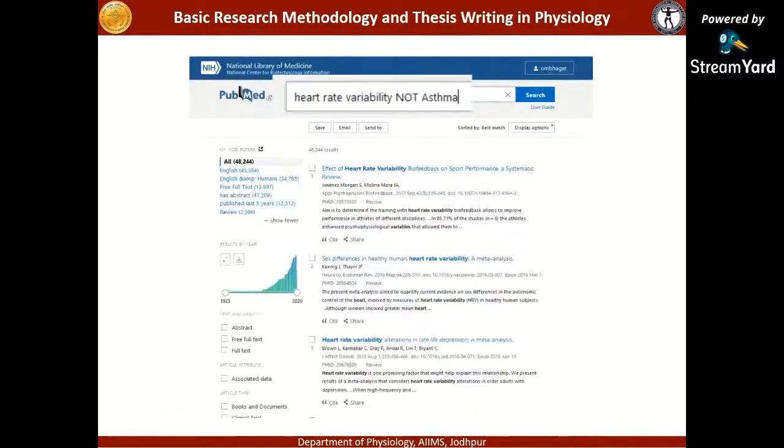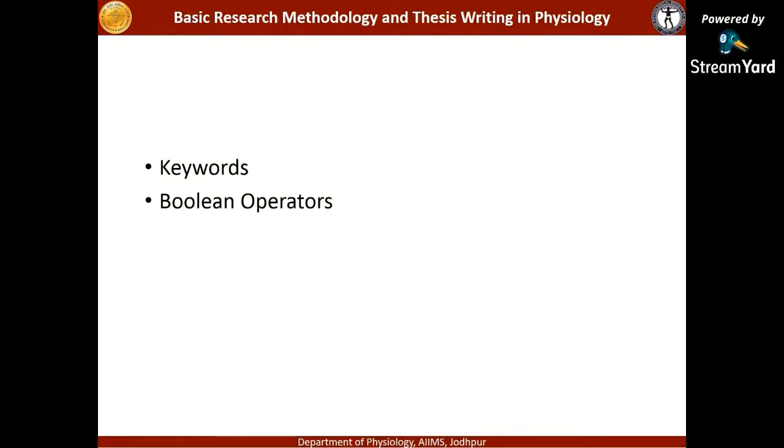Yeah. Then if you use not, then it is 48,000. You can see that these work. Now let's go forward. What is important is how you are selecting your keywords. Pick them very carefully. Use appropriate Boolean operators, and then once we have so many articles, we have to refine